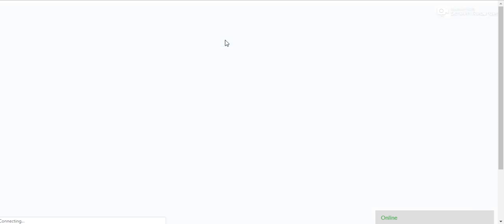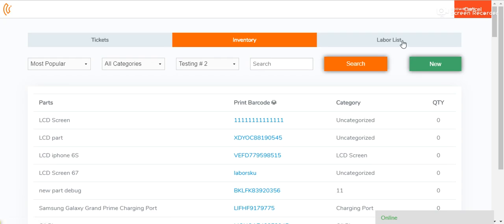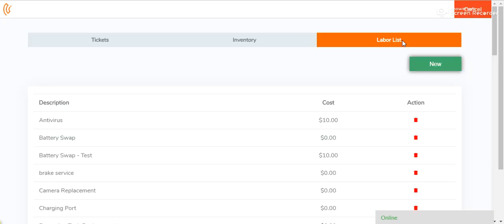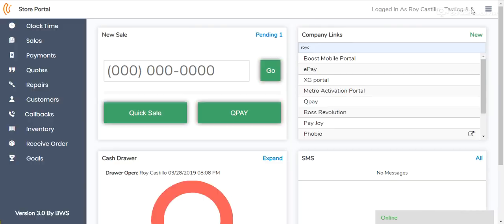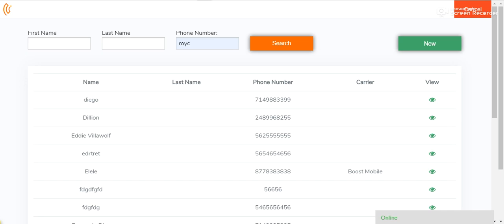Your inventory, part inventory, of course, and your labor list on the repairs that you guys are performing in the shop. It is pretty simple to use, and if you're savvy, you'll get the hang of it in a couple hours. Now, over on the next module would be our customer database module, where you guys are going to be